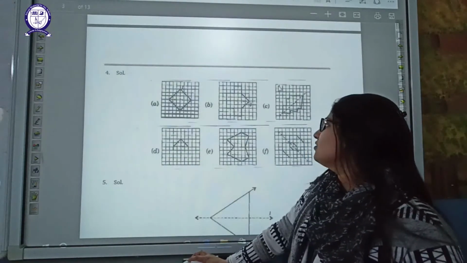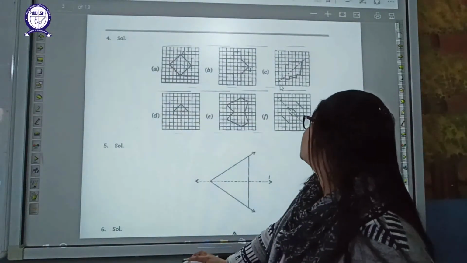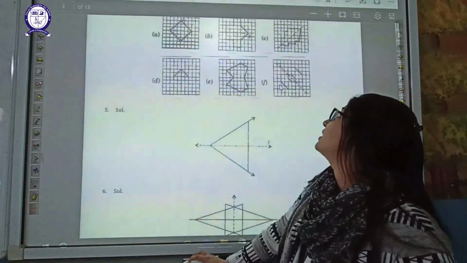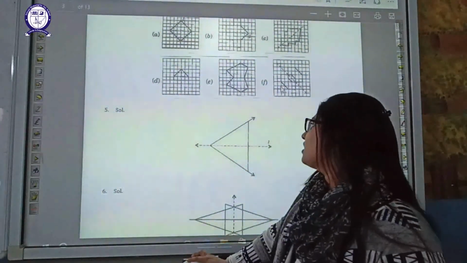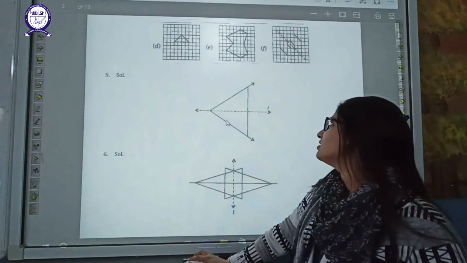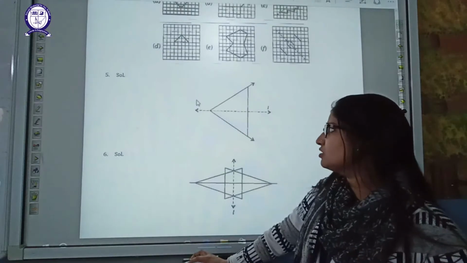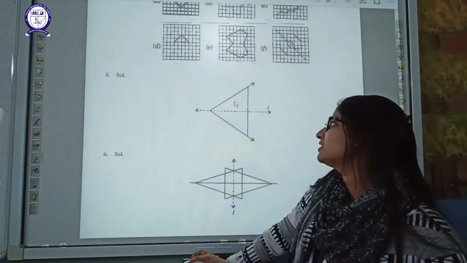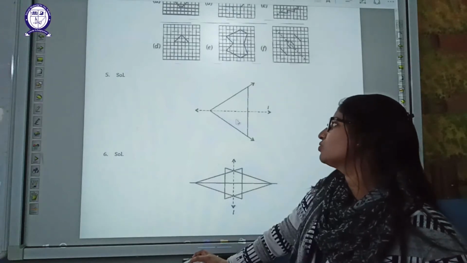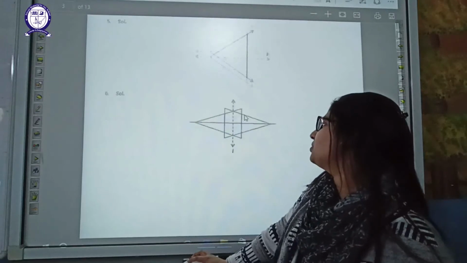Right. Now, if you check in your book, students, different kinds of figures are given to you, and you have to tell about the line of symmetry and you have to complete the figure. Now students, next, in this figure you have to draw a line of symmetry. So in this we can draw this horizontal line of symmetry, and we can say that this upper part of the triangle and this lower part both are equal, right? So a horizontal line of symmetry can be drawn.